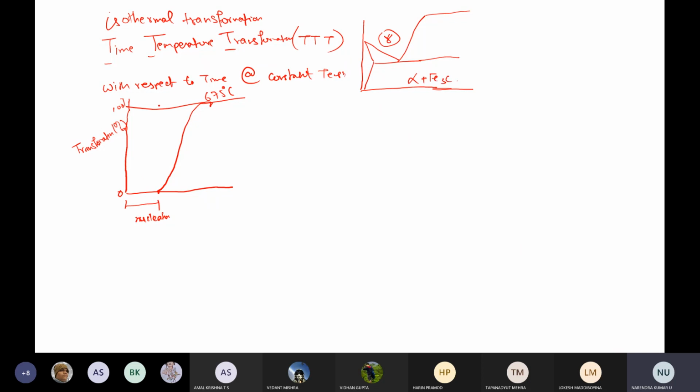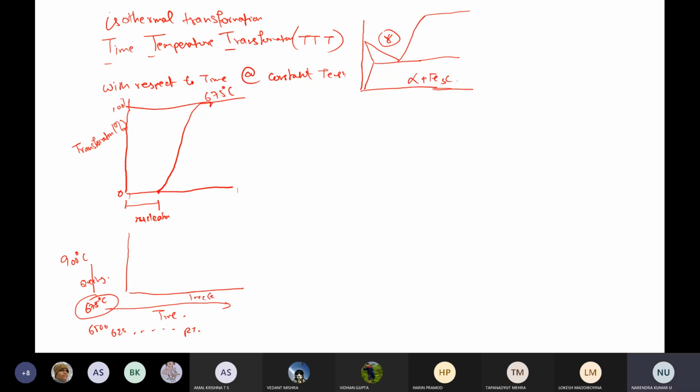So you go above 900 degrees Celsius and then taking the sample to 675. That means quenching it very fast. So you maintain that at 675 and keep the sample in that at 675 and see the transformation with respect to time. So for different temperatures, studies have been done, 625, everything up to room temperature, and you get all the different S curves. So by using the drop down method, having the same scale bar,